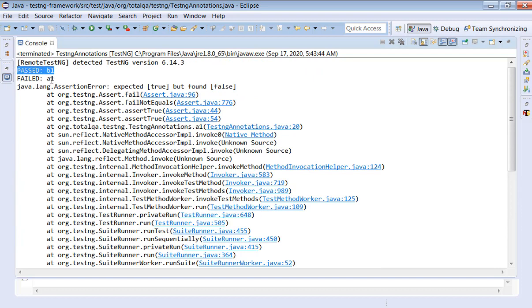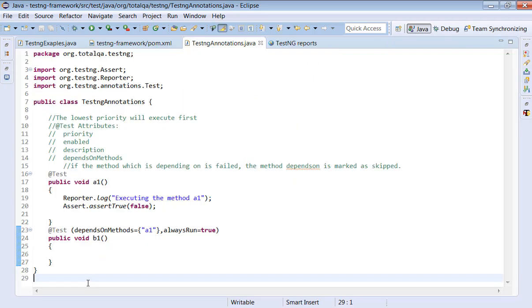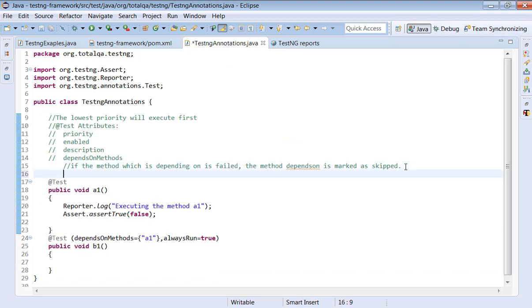See here, B1 is passed, A1 is failed. So if you want to execute the method, even though the method it depends on is failed, it will still be executed by adding alwaysRun equal to true.